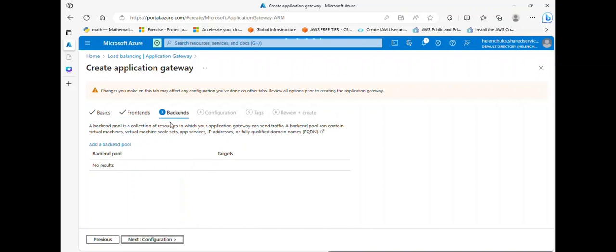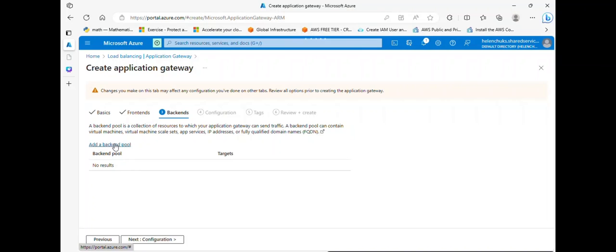Once you click next, you see this page, and this is where we'll configure our backend address pool. So what does this mean? We can define a set of backend servers or virtual machines that the application gateway will route traffic to. Since we have our virtual machine scale set that contains our instances running our application, we now need to add these instances or the VM scale set into this backend pool, so the application gateway can route traffic to those instances or distribute traffic to those instances. Okay,